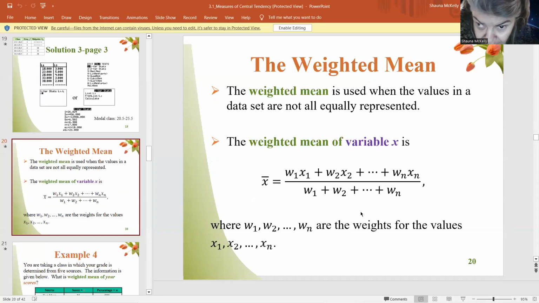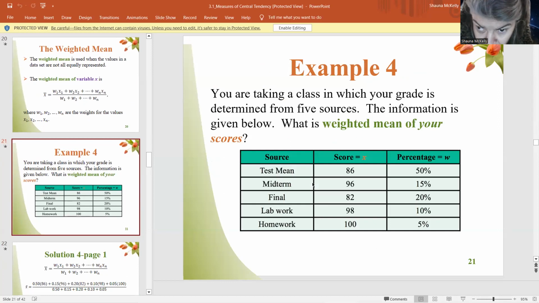Okay. Let me show you the slides here. Now, the slides for the weighted mean start with number 20, all right? And as you can see, it says X bar is the sum of the weights times the variable X on the top, divided by the sum of the weights down below, all right? So